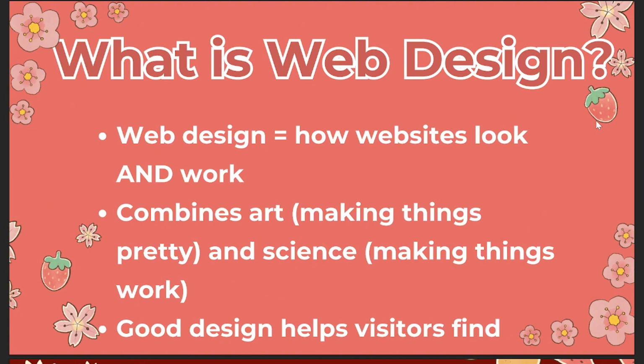So what is web design? Web design is how websites look and work. It combines arts, like making things pretty, and science, making things work. Art and science. The art is where you see it appealing, really, really nice, really, really beautiful. And the science, which are the functionalities you have inside the website. And then,